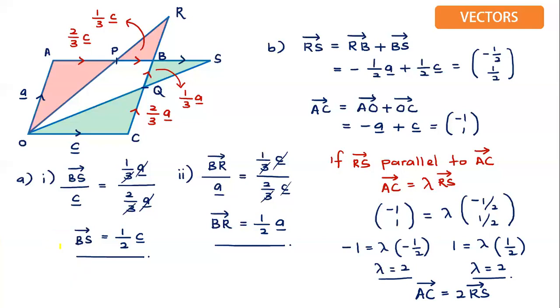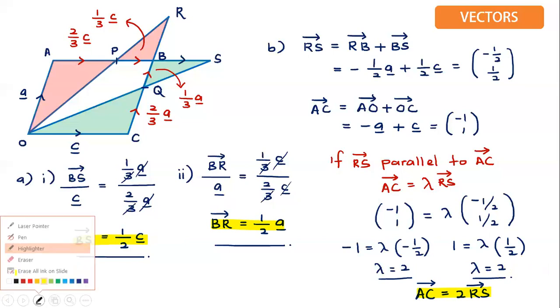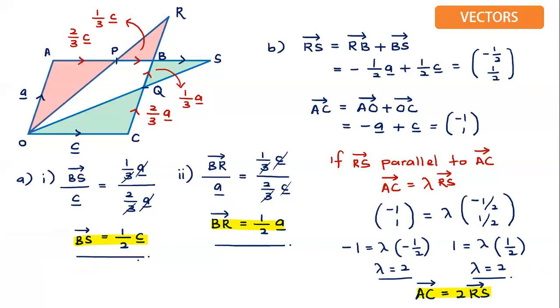So I'm going to give you the final answer. Class, this is your answer of A1, and this is your answer of A2, and they are parallel. They are asking us to show, right? So when you want to show, this is the meaning of parallel. Okay, class, hope that you understand the entire solution. The main thing is you must be able to sketch the diagram for this vector. Okay, these vector questions. Thank you. Have a nice day.